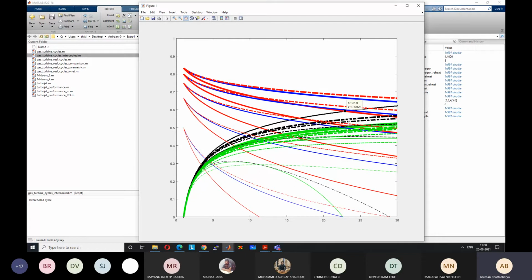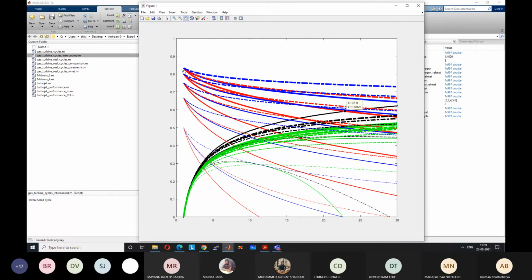With reheat and intercooling, and finally we'll see combining everything. For that case, our reference was the blue line, which was reheat plus regeneration. Now we will add intercooling, so we'll see dotted blue lines. And what we have already discussed is that the efficiency should be highest in this case, because of all this modification. Actually, efficiency is very high in these cases. So this is T equal to 2, T equal to 3. You can see that the line becomes very flat. T equal to 4, T equal to 5, and T equal to 6.